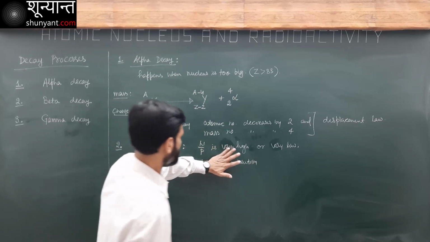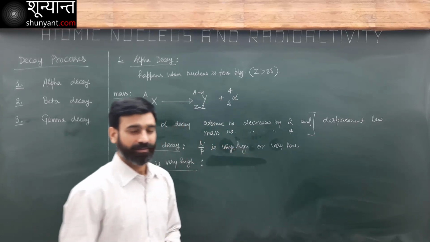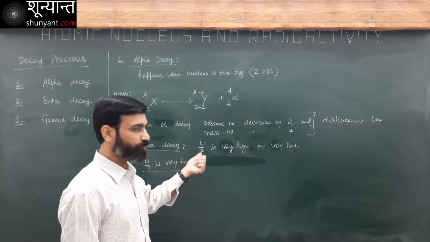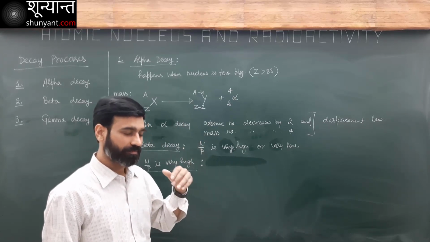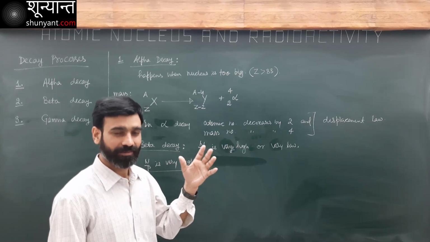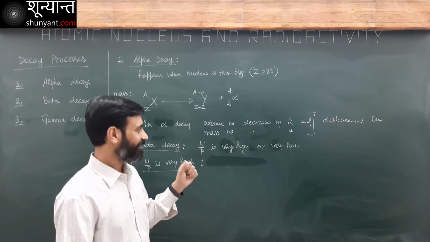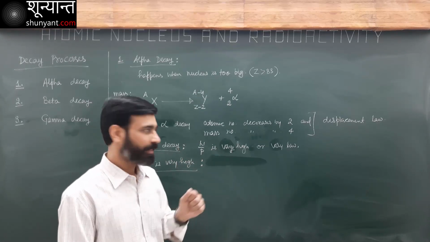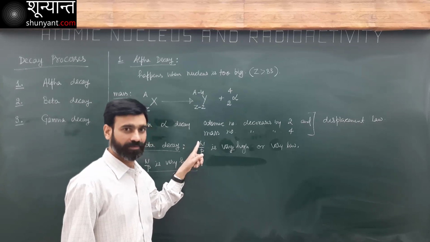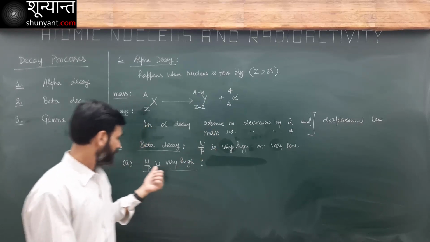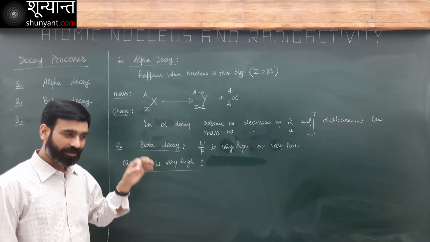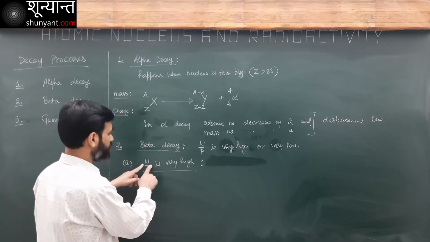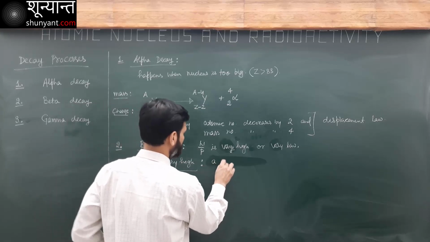Let's understand it this way. This ratio decides stability. N over P: neutrons are more than protons, too much more than required. Now I want to get stability. Then what do I want? I want this number to be reduced because it is too high. This value is too high, I want it to be reduced. And that actually happens. When n by p is very high, then a neutron